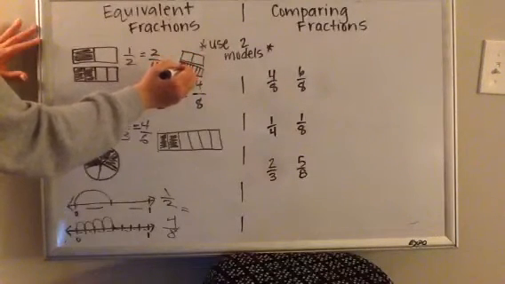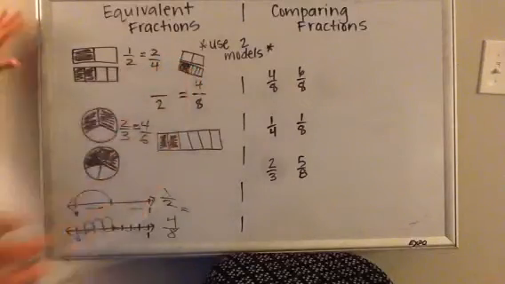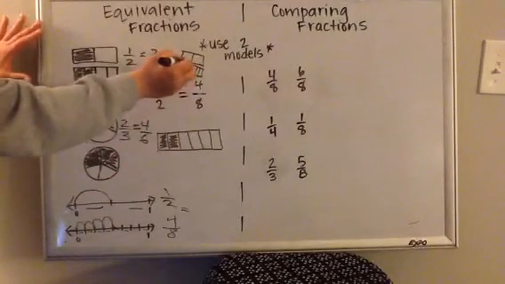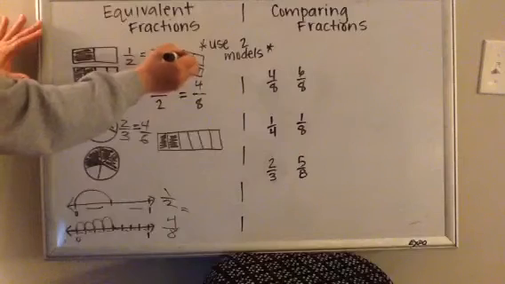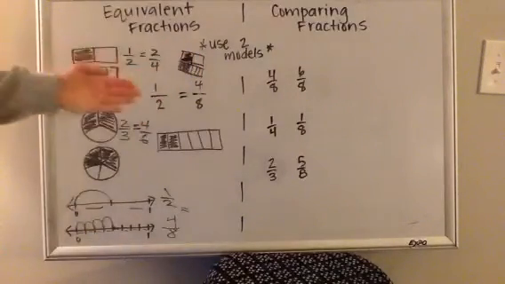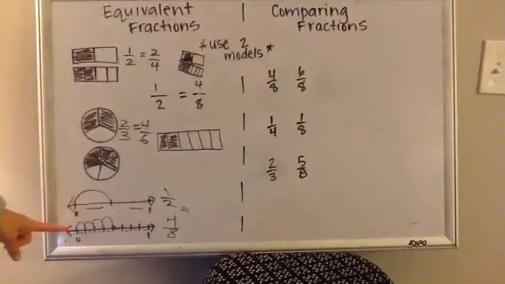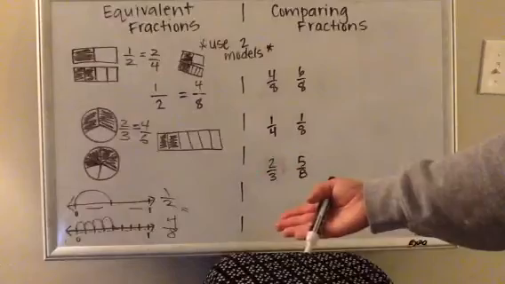1, 2, 3, 4. Ooh, are you seeing it? If I shade it in 4/8 to make it the same, I just need to shade in 1/2. So 1/2 is equal to 4/8. We actually saw that down here too. All right, so that is equivalent fractions, all about trying to land on the same spot in the number line,